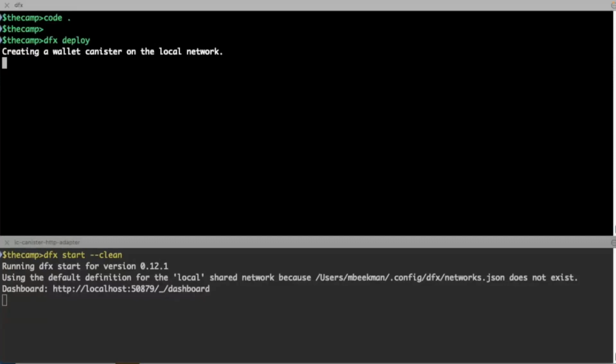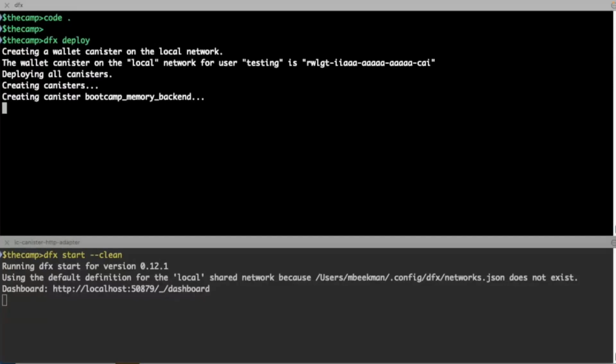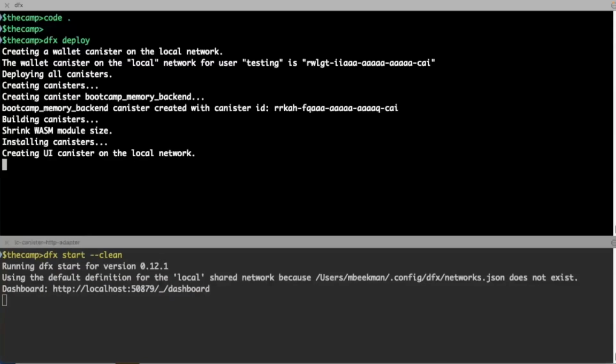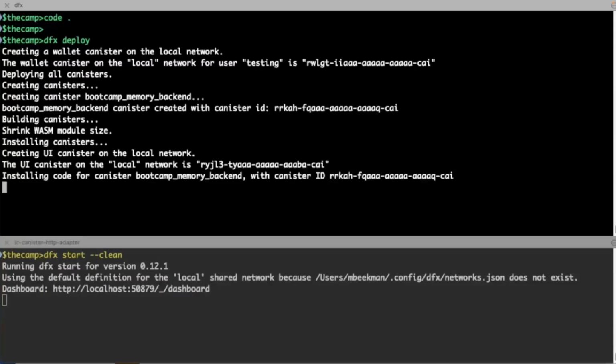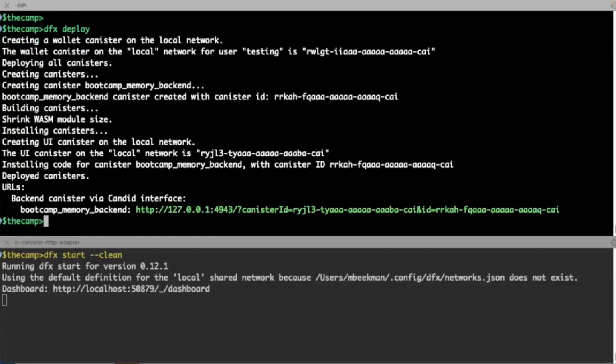Because this is a fresh replica, it will create the wallet first and then create the canister and deploy it. I started this with a hello example. There is in the source code a front-end canister, but we're just not using it for this demonstration. So this is successfully deployed, and we'll go ahead and run our